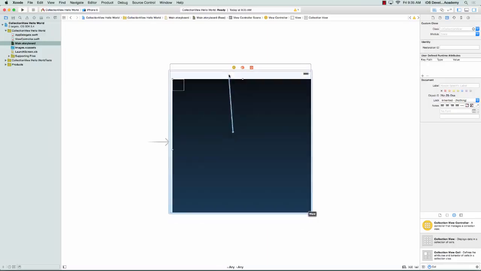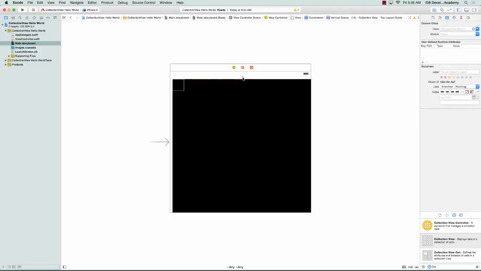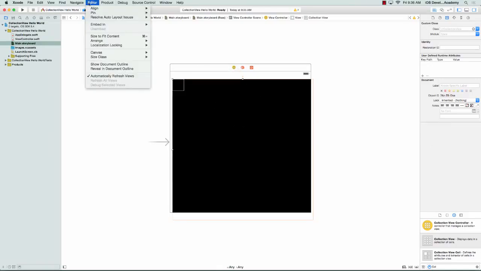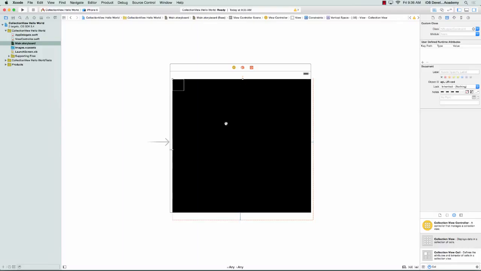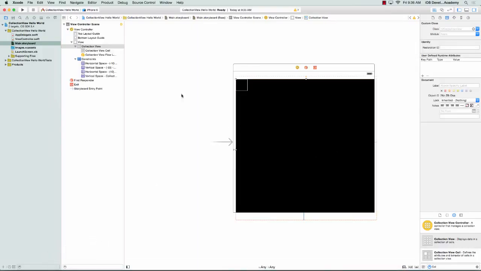I'm going to make it so that it sits a zero distance from the top layout guide, which would just be below the status bar, and on the other three sides I'm going to pin it to the super view. So leading space to super view, reselect it, pin trailing space to super view, reselect it, and pin bottom space to super view. In doing so, some deltas have been created because I didn't exactly drag and drop it perfectly